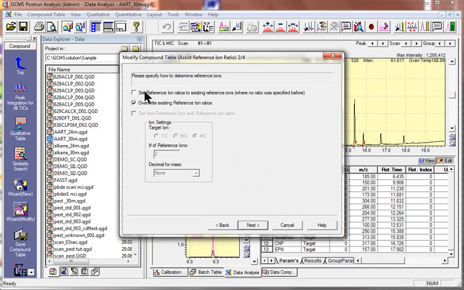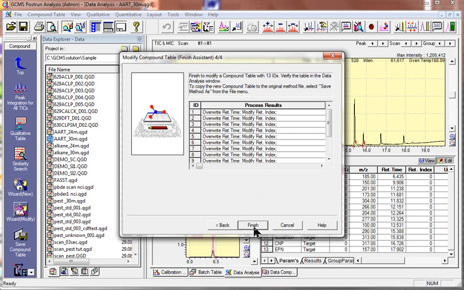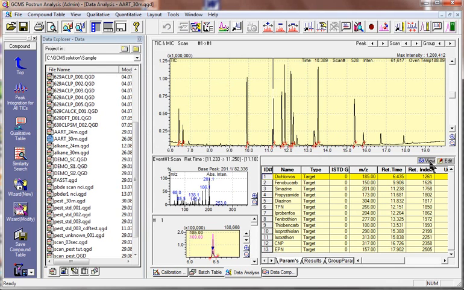All the other settings in the wizard we can take out because we only want to calculate the retention index for the several compounds. We press Next and Finish, and this makes the retention index database out of this method. So we save that file,